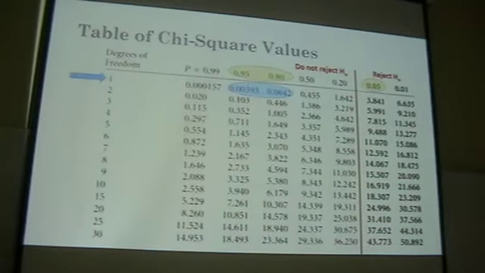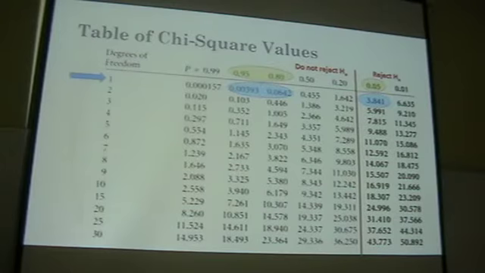For the degree of freedom 1, the critical value is the one that corresponds to 0.05. So the critical value is 3.841. So it is greater or equals to the critical value, I do not reject. So again, there are 2 ways to do it. Number 1, compare the green region. Whether it's greater or equals to 0.05, do not reject. Number 2, compare the blue region. Greater or equals to 3.841, you do not reject.